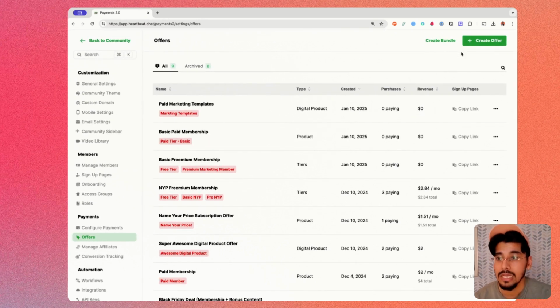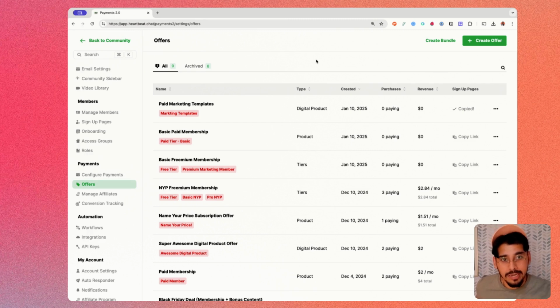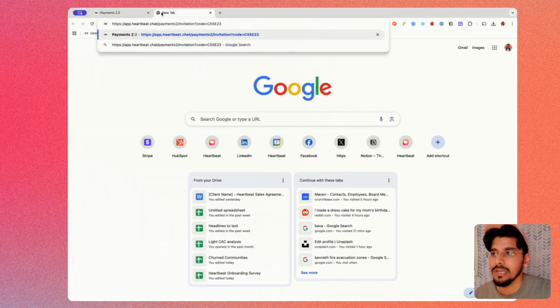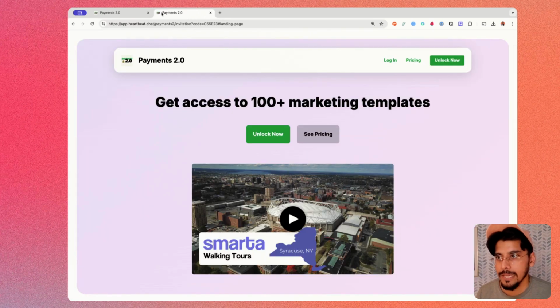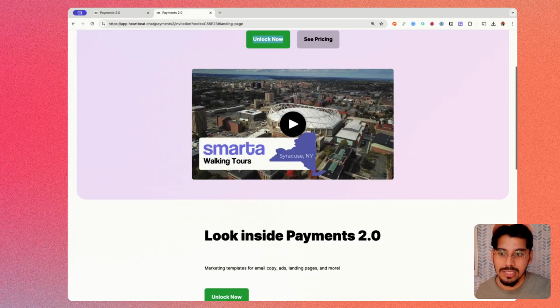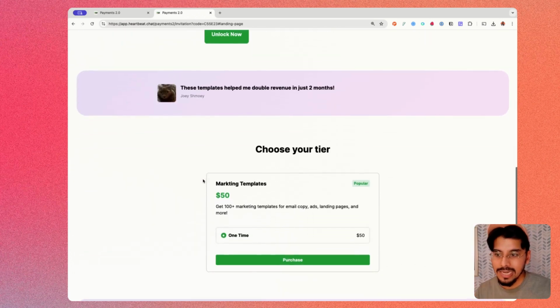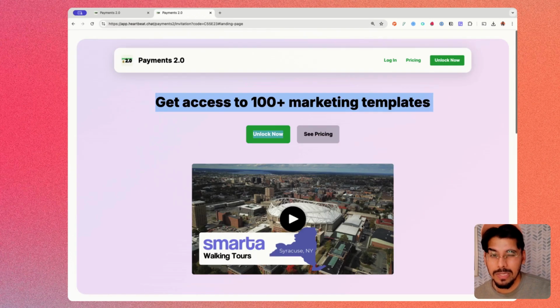And that's about it. Heartbeat actually automatically creates a sign-up page for me because I entered in some upsell copy, so Heartbeat uses that to preset your sign-up page. So I could copy what that looks like, and then I could go ahead and open it in a new tab just to confirm and see what that looks like. And so now I'm seeing this, and yes, it does have all my upsell content, it has a lot of this,